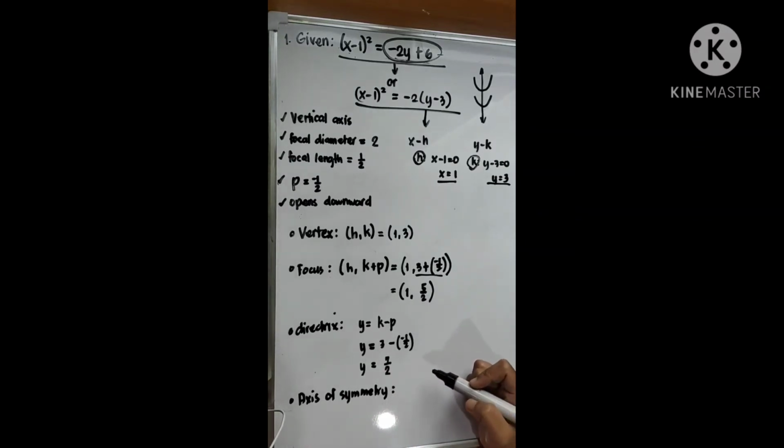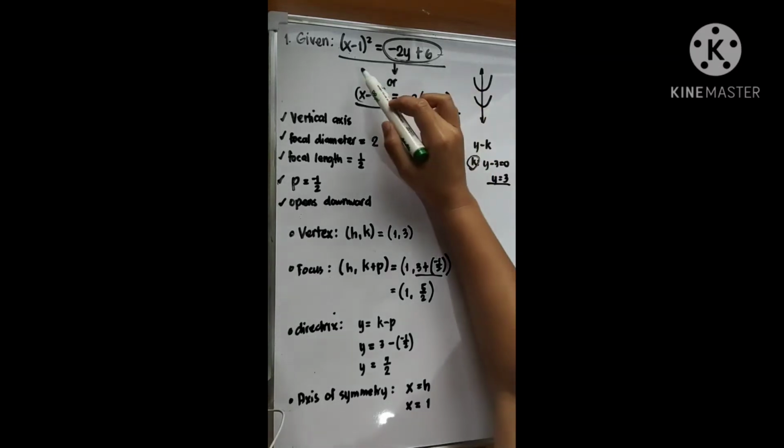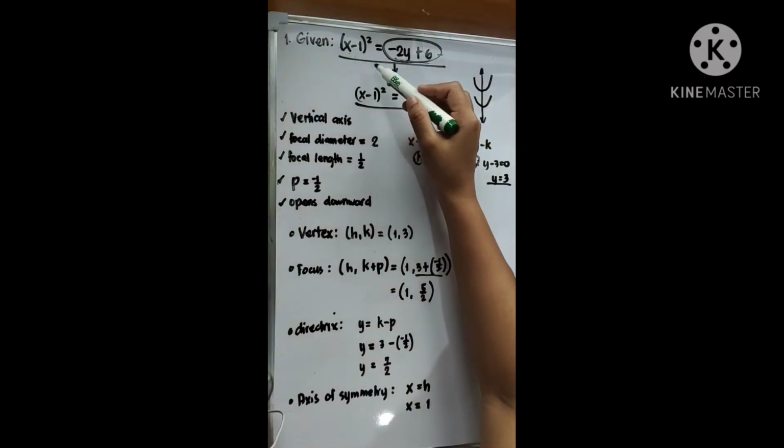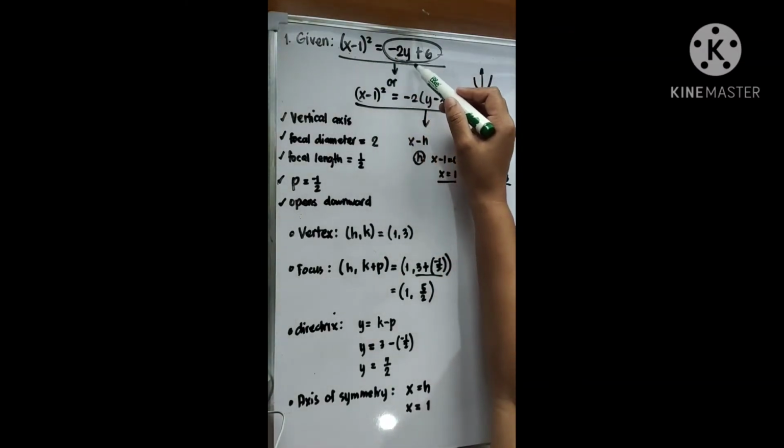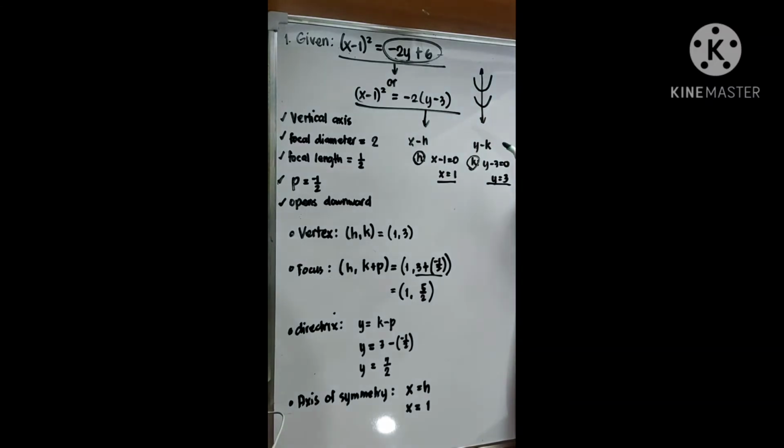So the axis of symmetry is our h. For a parabola with a vertical axis, that would be h. So x is equal to h, or x is equal to positive 1. Therefore, this parabola, which has the equation (x - 1)² = -2y + 6,